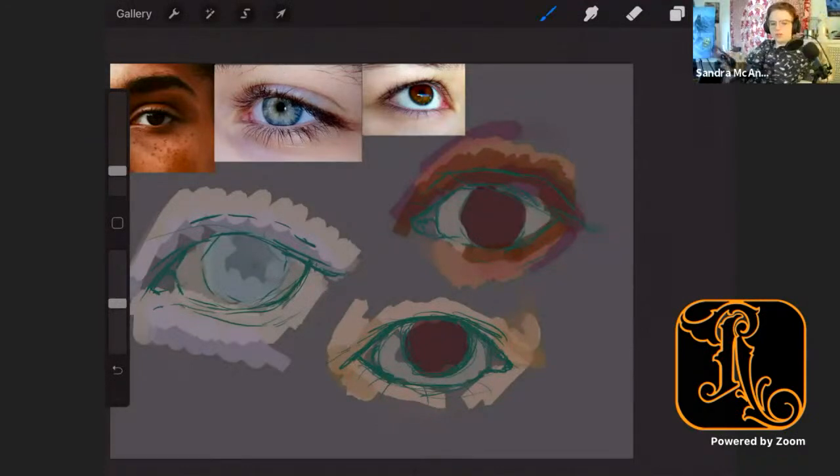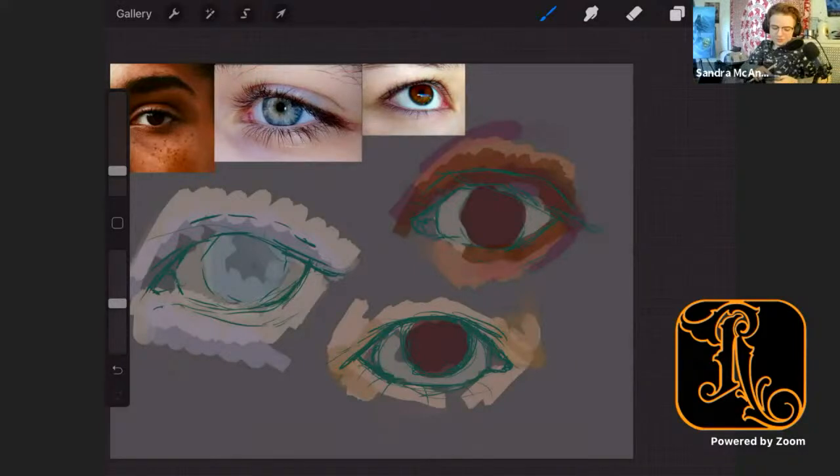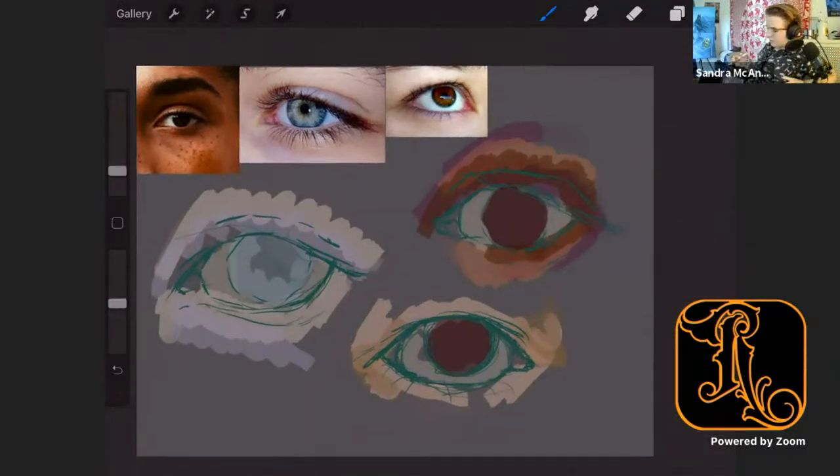All right, so we got a little bit of time left. Oh, love those. These are very beginning stages, but just slapping down some undertones, because when you do anatomy skin-wise, there's a lot you have to take into account, like the undertone of the person. This one right here has a very cool undertone, very lavendery, bluish purple. And then she's got a very warm undertone. But every time I do the darker, more caramel colored skin, I always like to apply purple on the bottom anyway,